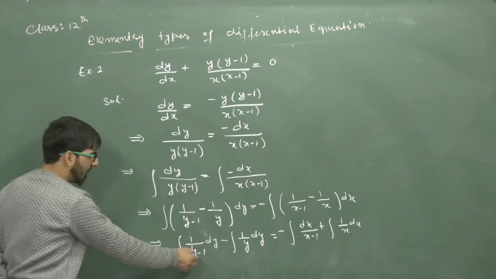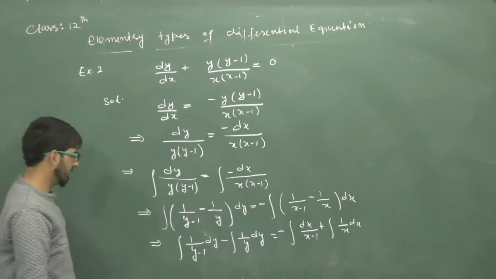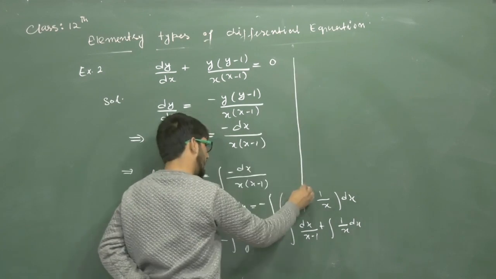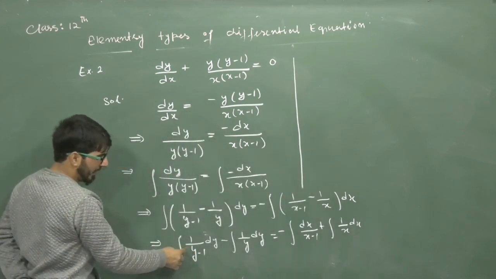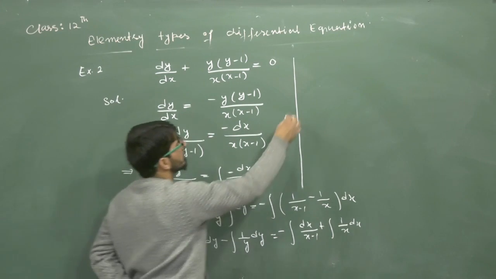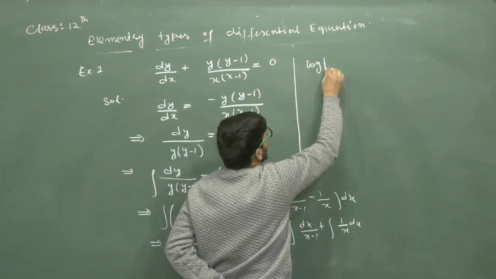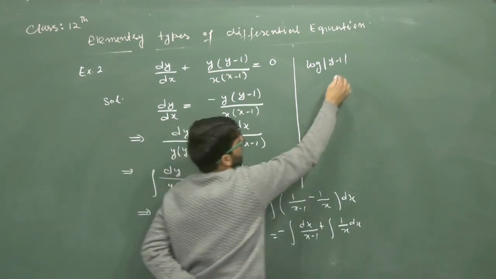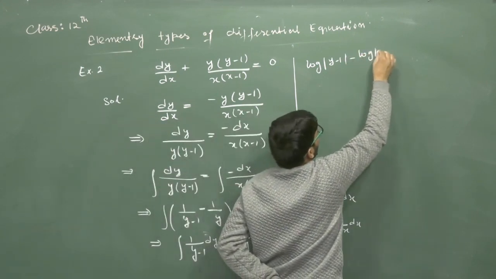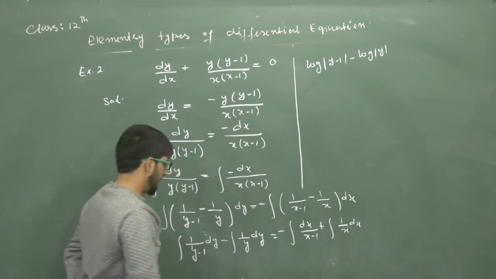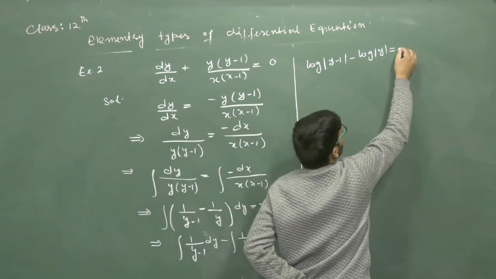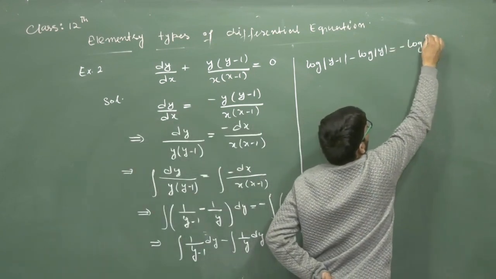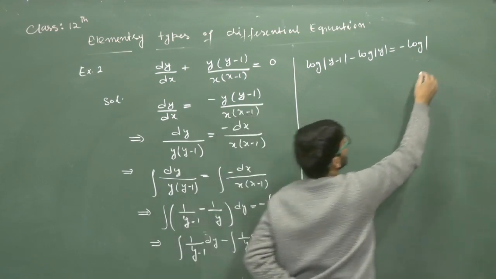So the integral of 1/(y - 1) dy is log|y - 1| minus log|y|, which is equal to minus log|x - 1|